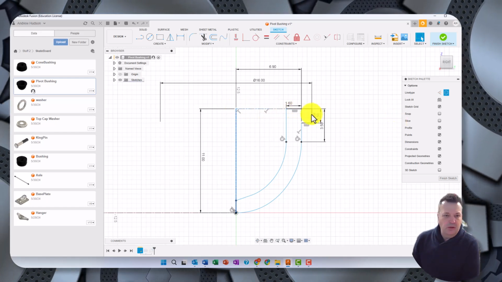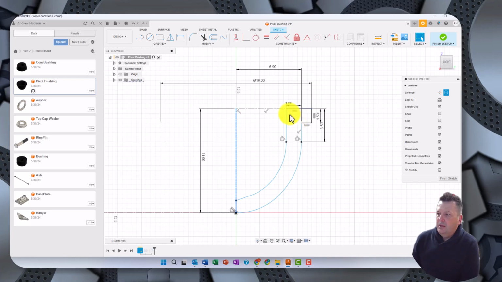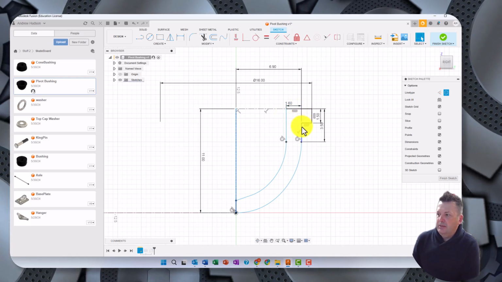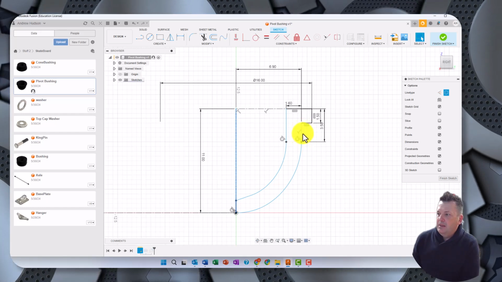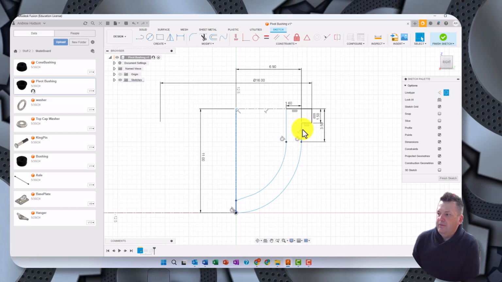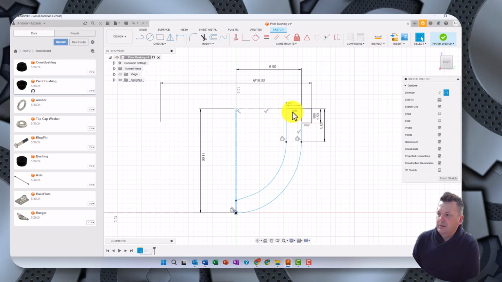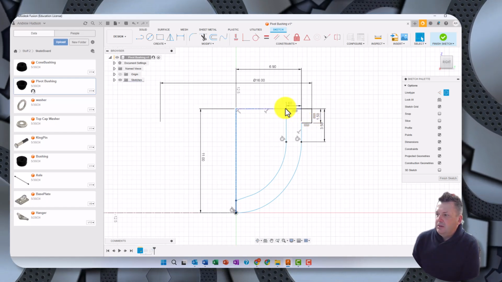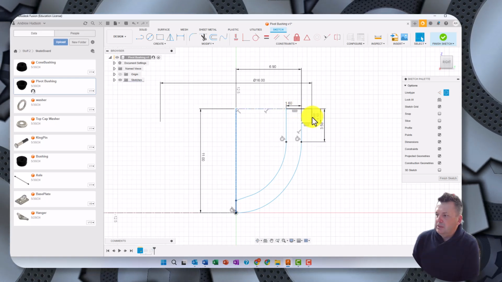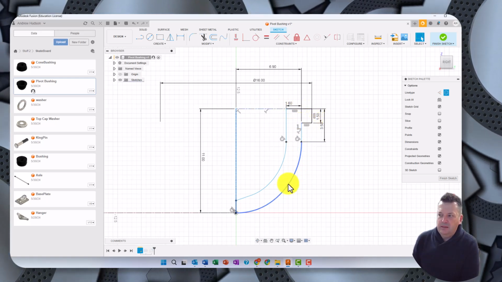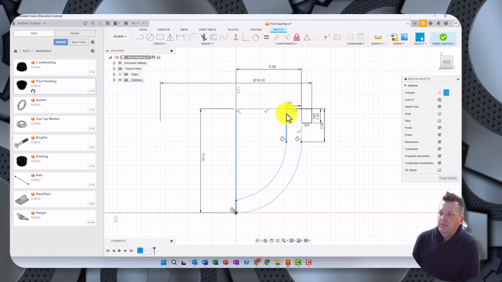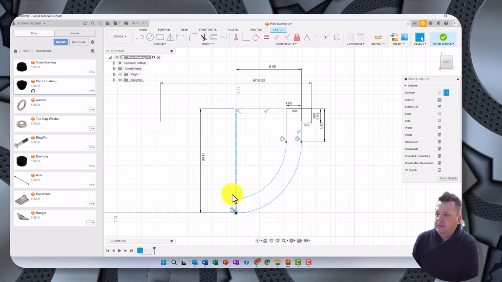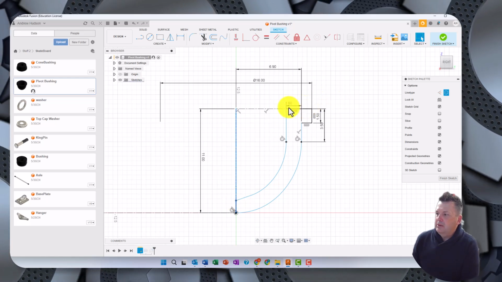Once we've got those two lines in there, then we can do a short break. So we've got a straight line that's going down here, which is 3.5. It steps out, so it's actually going in. If I click on this, we've actually got a step, so it's going across, down, then these arcs. So we've got a straight line. Don't forget to put the tangent in there, and then down to that, and then again we've got a straight line